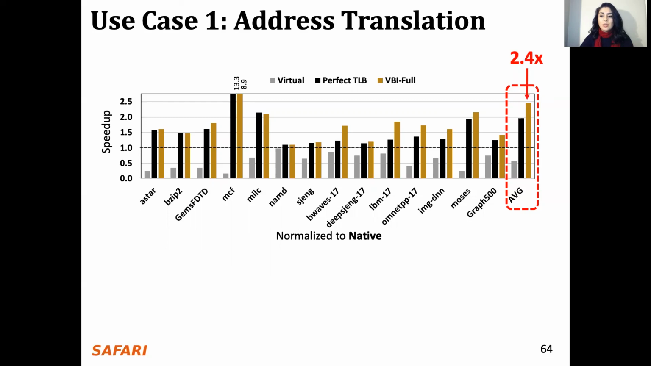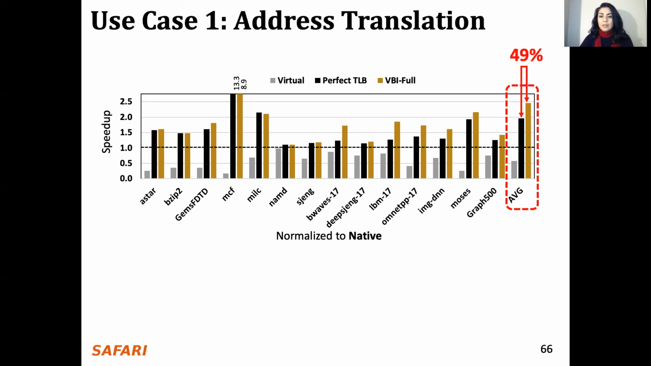Third, we observe that VBI full improves the performance by 2.4x on average compared to native. This is achieved through enabling all 7 optimizations that we mentioned earlier. Fourth, we observe that VBI full improves the performance by 4.3x on average compared to virtual. This is due to the fact that in contrast to the conventional frameworks, in VBI, the address translation overhead for the processes running inside a virtual machine is no different than the processes running natively on the system. As a result, VBI enables significant performance improvements in virtual environments, which is not attainable with the conventional virtual memory